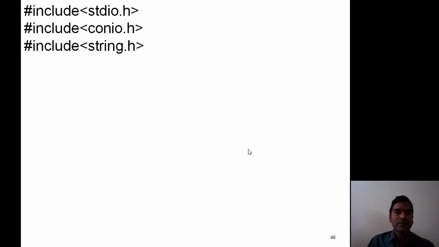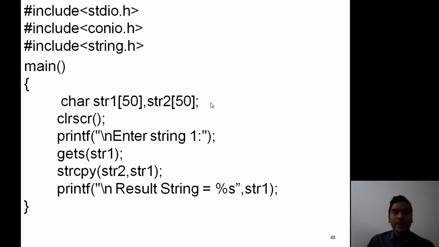Now this program, header files, then the main program. Here first read one string as str1. Now we copy the str1 contents into another string str2. For this we place the library function strcpy, where the target string is str2 and the source string is str1.